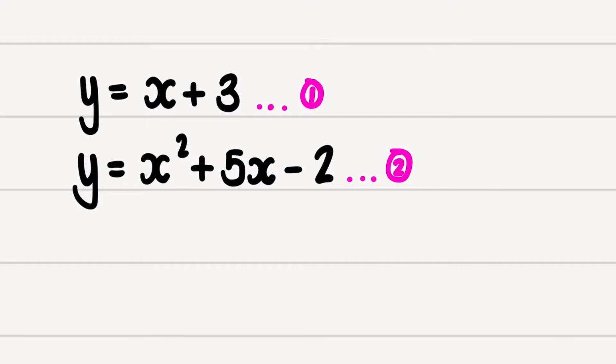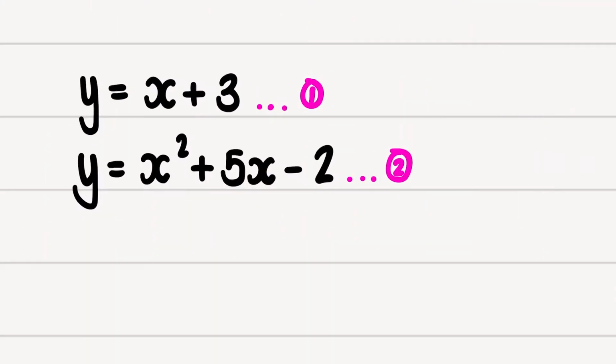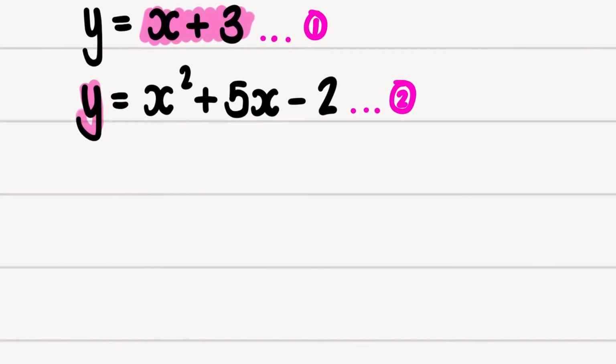Alright, so now what this means is, if I look at the first equation, it says y equals x plus 3. That means that anywhere I see a y, I could replace it with what y is equal to, which in this case is x plus 3. So I'm going to take what y is equal to, and in place of the y, I'm going to put what it's equal to. So in place of that y, I'm going to substitute x plus 3. So I'm going to substitute equation 1